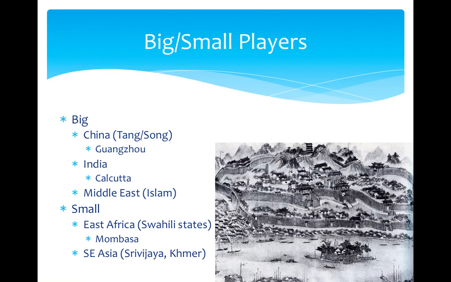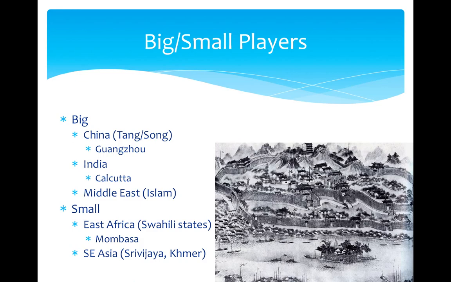Now, the major players in this are China during the Tang and Song dynasty with their major city of Guangzhou. India doesn't necessarily have a specific empire at this time. Remember, they've got problems with, not that diversity is a problem, but it hampers uniting the people. And so you have these individual city-states like Calcutta and whatnot that become major trading centers, but you don't have a united India